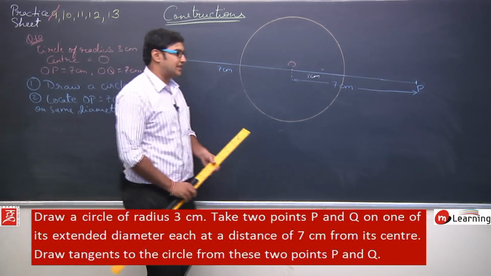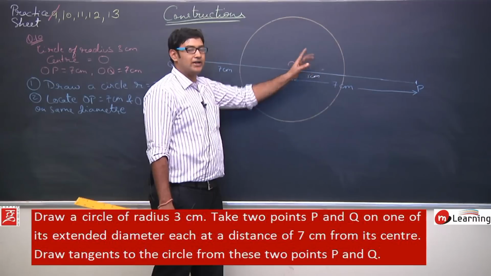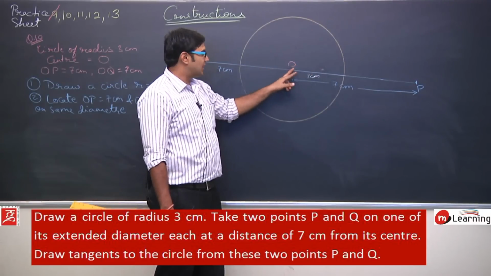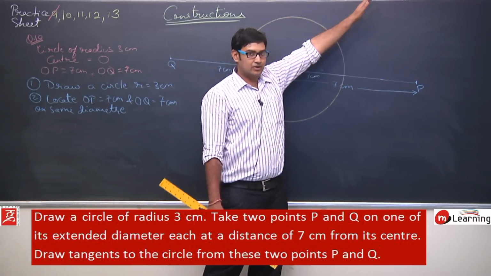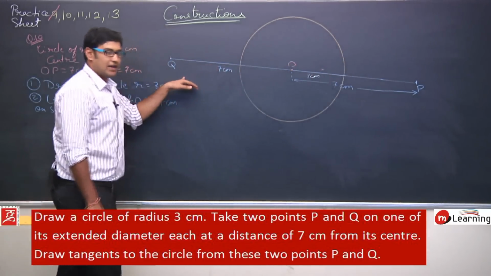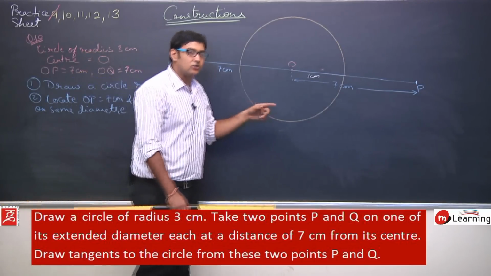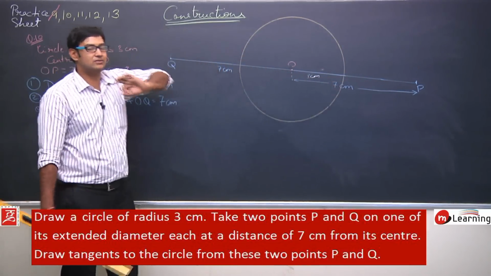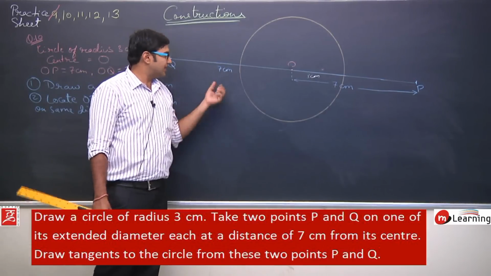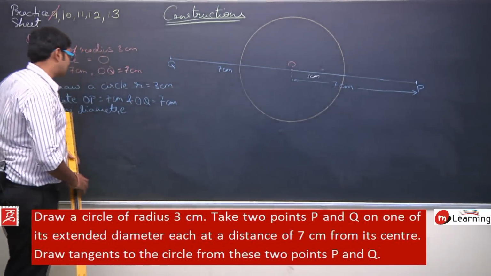Now why am I saying on the same diameter? It's because you can see from this center I can draw this P and Q point randomly like this. I can take P point somewhere here, I can draw a line like this, and I can take Q point here and draw a line like this, but this P and Q should lie on the same line. This is the most important thing. So I can see I have located OP and OQ. Now what is the next task? Next task is